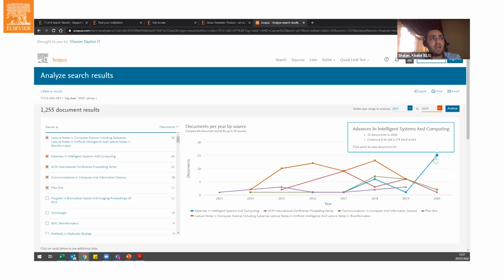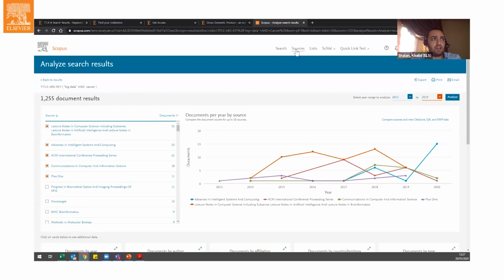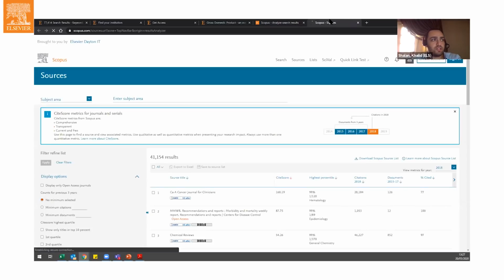So I would be looking a bit into this journal if I am looking for publications as well. And remember one thing, you can see all the list of the journals that are available on Scopus. If you click on sources here, these are the list of all the journals that are indexed into Scopus. I can look for the journals by subject area, or I can look by title, publisher, or ISSN. So if a journal sends me an email telling me that they are an honest to God journal, and they are indexed and so on,